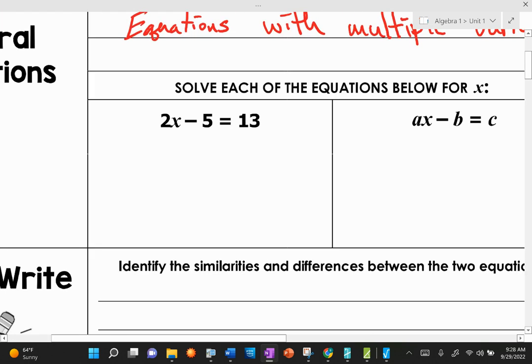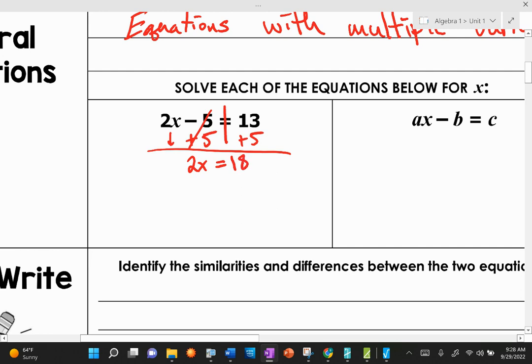Let's go ahead and solve the one on the left together. What do we need to move over first? We're going to move the 5, so we'll add 5 to both sides. Really try hard to make yours look like mine if it doesn't. The 5s will cancel out. I'll bring the 2x down. It's going to be 2x equals